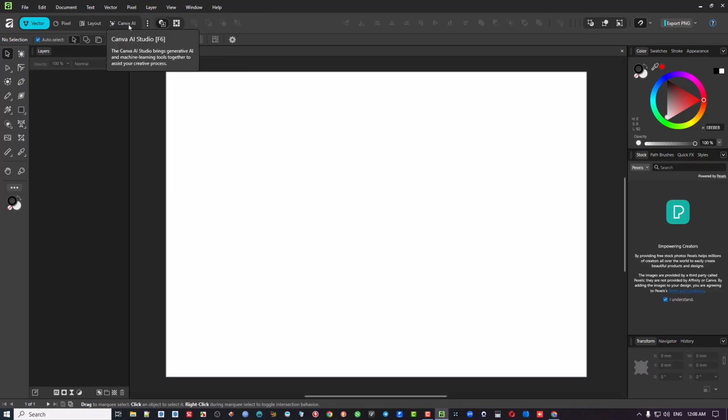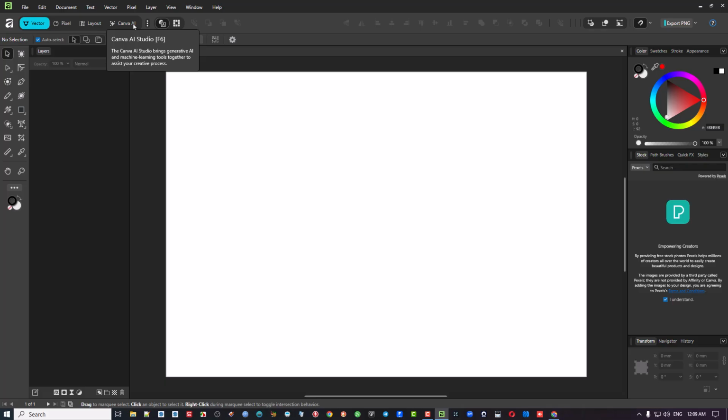Canva AI, which is the paid version, Canva Pro, because that's where it links the program to all the AI, the generative stuff and all that sort of stuff. So that's the back-end engine. And it makes sense that way. If you're just going for all your Affinity Studio stuff, then you don't need to get the Pro version. But you know, for like 800-900 South African rands a year, it is really worth it to get hold of